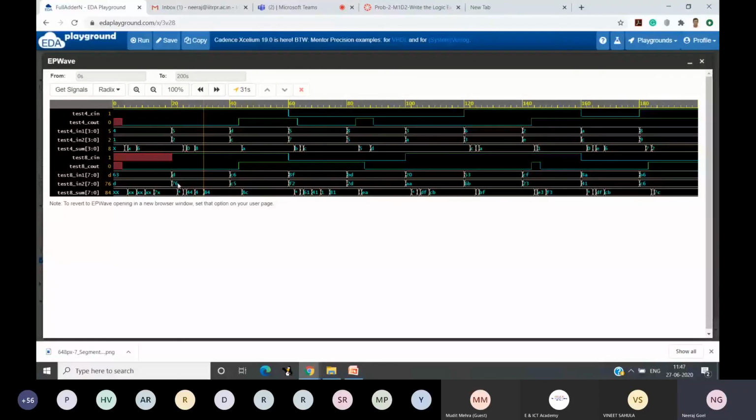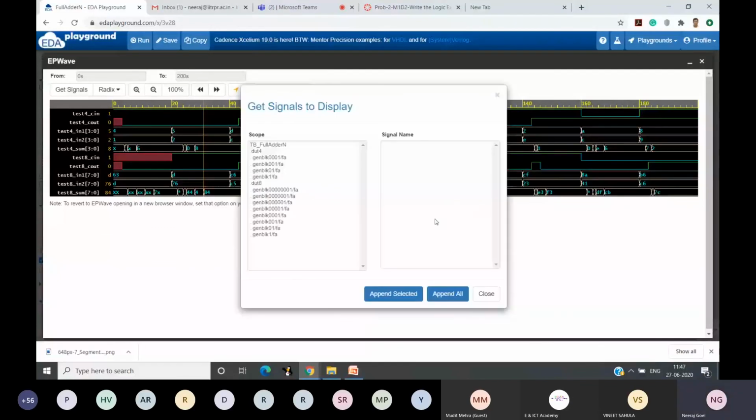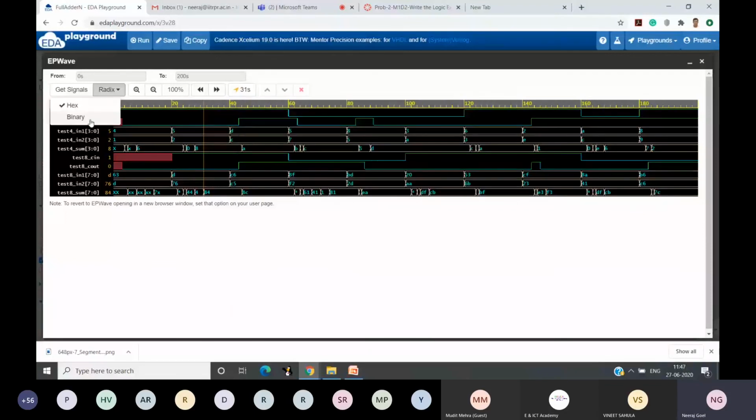Okay, so if we convert it into binary radix, then in the binary we can see whether the numbers are added correctly or not. There is no integer option here. That's slightly difficult to use, but yes. So it has created some 10 different random numbers, and then we can verify whether our generated output is correct or not. Correct. So this way, these random inputs can be tested and verified.